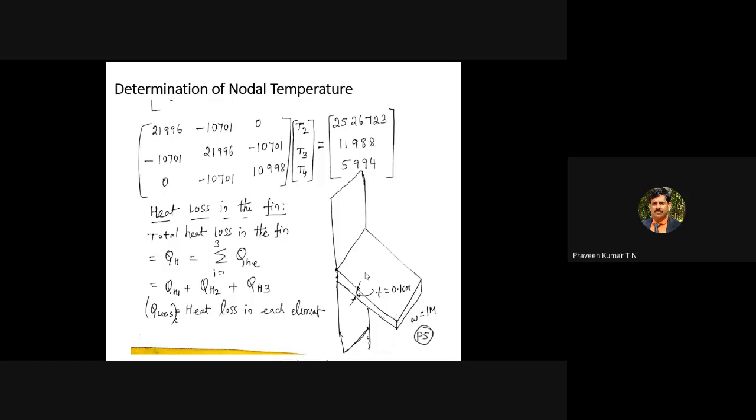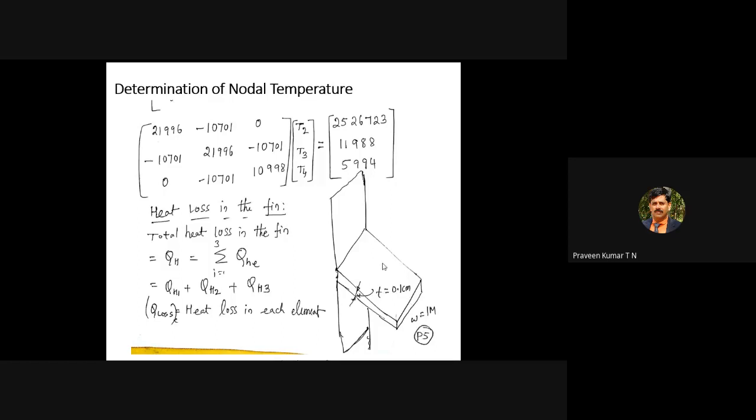That's why there is one more matrix, which is nothing but the convection matrix. The convective heat transfer coefficient is different, that is h. In a similar way, there is a convective heat transfer matrix because the heat is transferred from the fin to the surrounding medium by convection. Heat is transferred from the wall of the engine to the fin through conduction. From this point to this point, the heat is transferred by conduction. So we have conduction as well as convection.